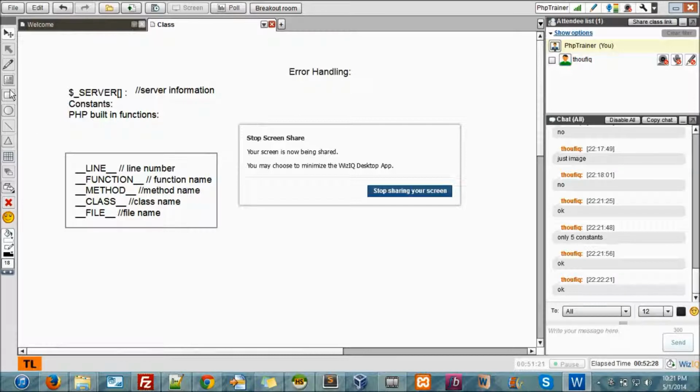So built-in functions. I hope you remember these, strings and arrays. PHP has numerous built-in functions which can be applied on strings and arrays. We have seen this in JavaScript, like indexOf, replace a string, split a string, pop, push. These are all string functions. Like such, we had array functions too in JavaScript. Even PHP has functions which are really powerful.